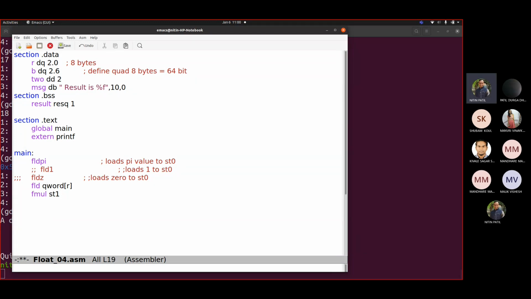Pi r is done. So you write FLD, correct. If I write here dword of 2, we already saw what would be the problem. Now we want to load this as an integer. So simply write here FILD, load as integer. And then you write fmul st1. Right, this would be 2 pi r.